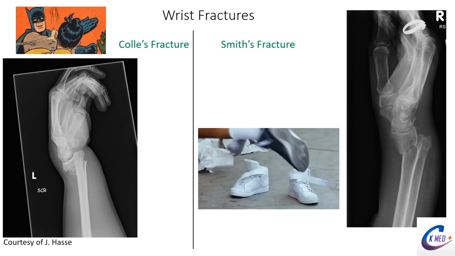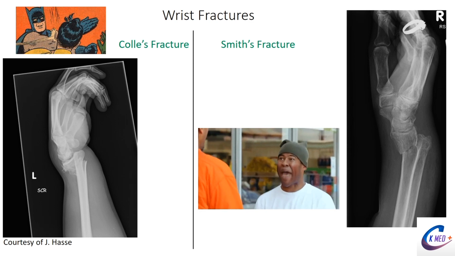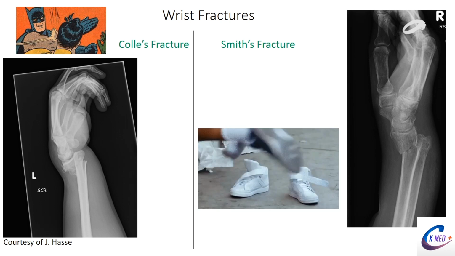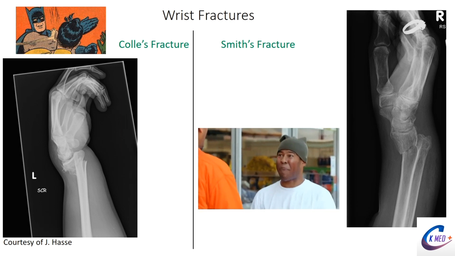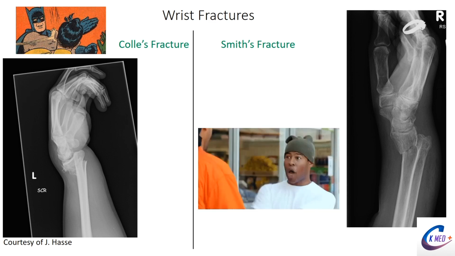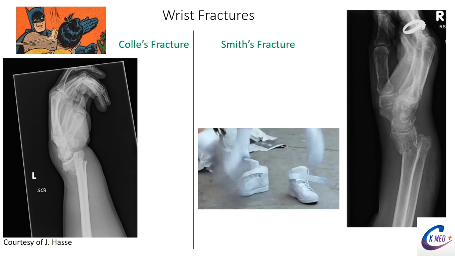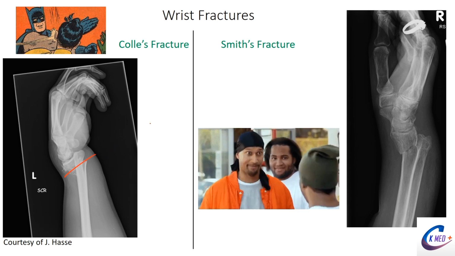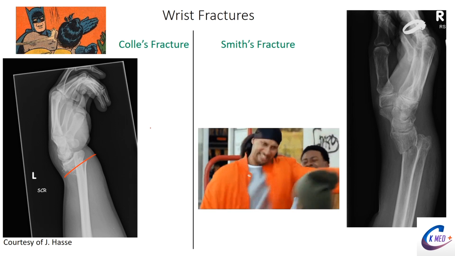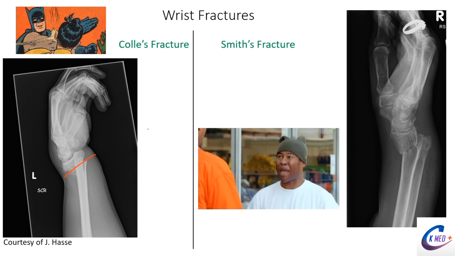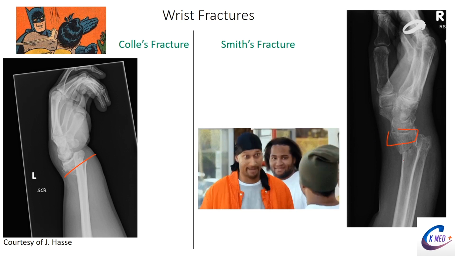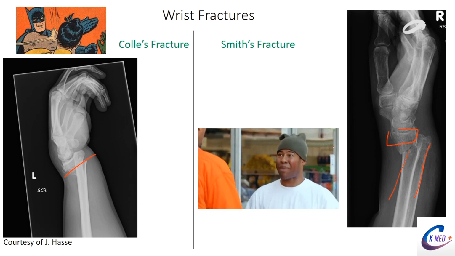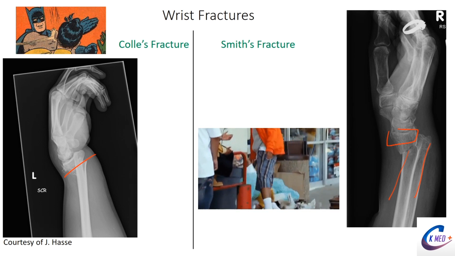Okay, so now let's talk about some of our wrist fractures. This is actually one of my favorite things, and this is why I'm showing this video from Key and Peele. There are two wrist fractures that you should know that are important: our Colles fracture and our Smith's fracture. With a Colles fracture, we're fracturing the radius at the distal forearm. We have a distal segment and our proximal radius segment right here, and how we describe their location to one another is where we get the difference between our